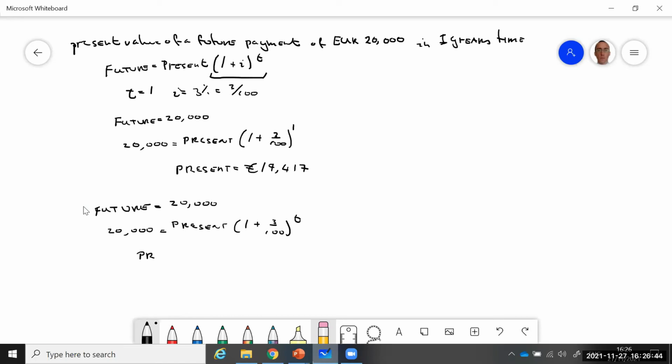So the present figure equals 20,000 all over 1 plus 3 over 100 to the power of t. So if you want €20,000 in t years' time at 3% growth, this is the formula for working out the present value that you must invest right now. I'm not sure of the value of this particular question. It's pretty much the same as before. Anyway,